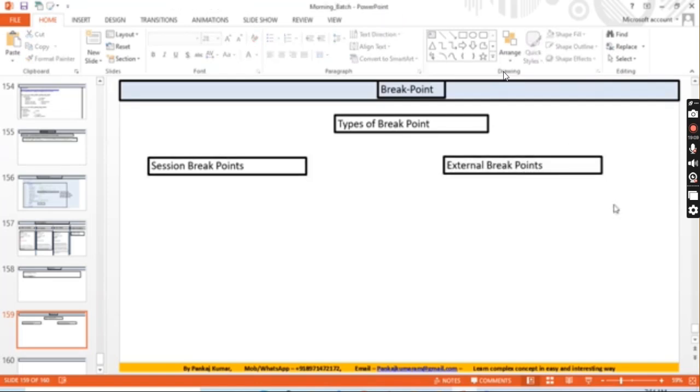So there are two types of breakpoint. This is one and another is this one.